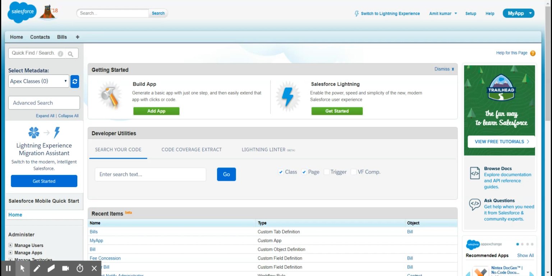For example, I'm giving you a simple example. Suppose for the billing, if a total bill of the billing object is less than 40 rupees, it should be sent for an approval for any group of people or any particular people. And